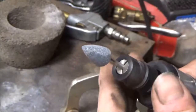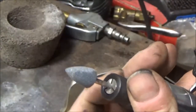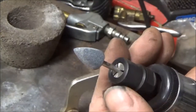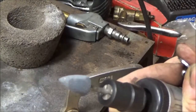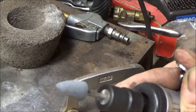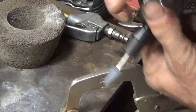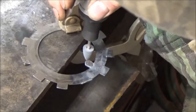That worked. It's pretty well centered now. You can see on one side how it ground off one side and just barely started to work around that side. Looks good to me. So I'm going to go on and start